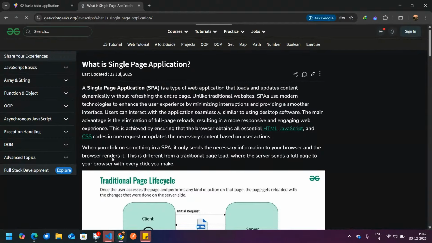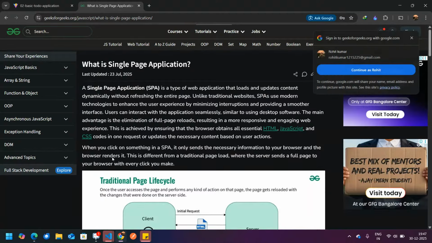First of all, let's understand what it is. Every website you visit nowadays, all of them are single page applications. It means only one HTML is rendering, and the contents are changing. That's what we call a single page application.